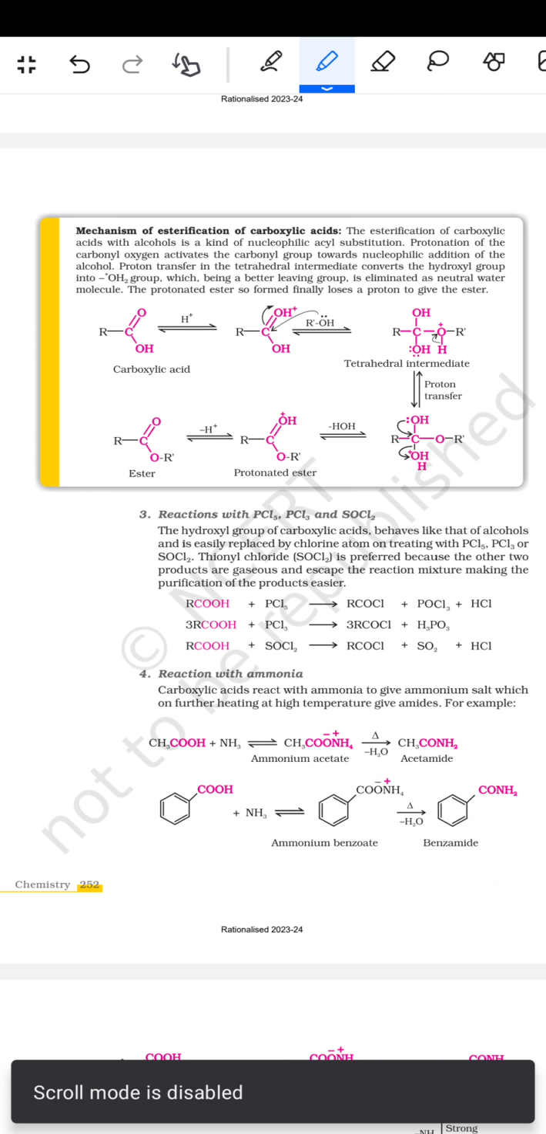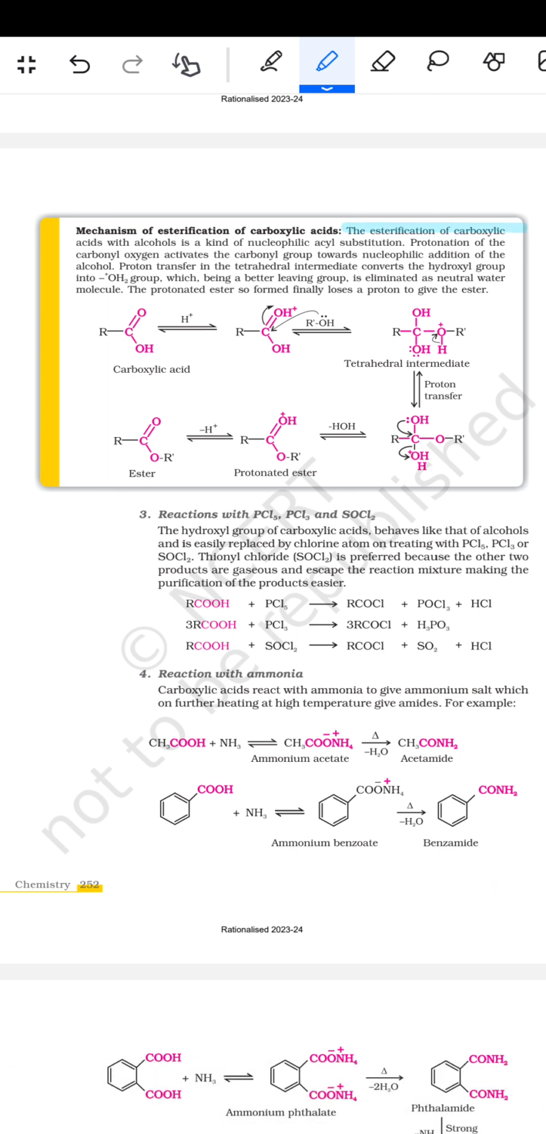of the carboxylic acid. तो the esterification of carboxylic acid with alcohols is a kind of nucleophilic acyl substitution. Protonation of the carbonyl oxygen activates the carbonyl group towards the nucleophilic addition of the alcohol. Proton transfer in the tetrahedral intermediate converts the hydroxyl group into an OH2 group, which being a better leaving group is eliminated as a neutral water molecule. Thus the protonated ester so formed finally loses a proton to give the